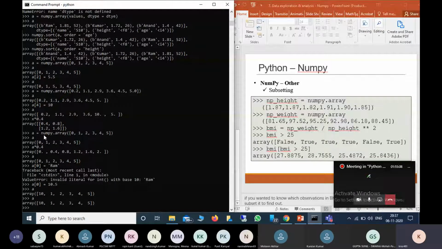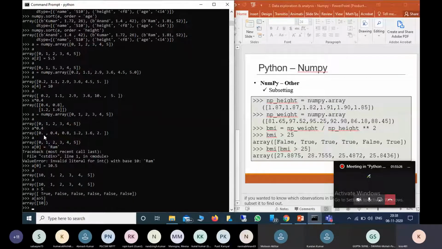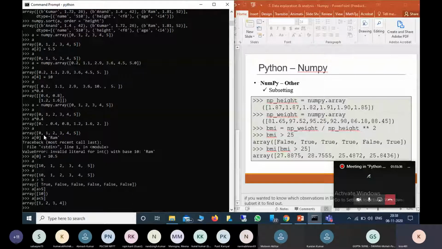If I want to print a greater than 5, it will give which elements are greater than 5. To get those elements, I can do a of a greater than 5. It will give only 10. If I say a less than 5, it will give 1 2 3 4. In this way we can do some subsetting.